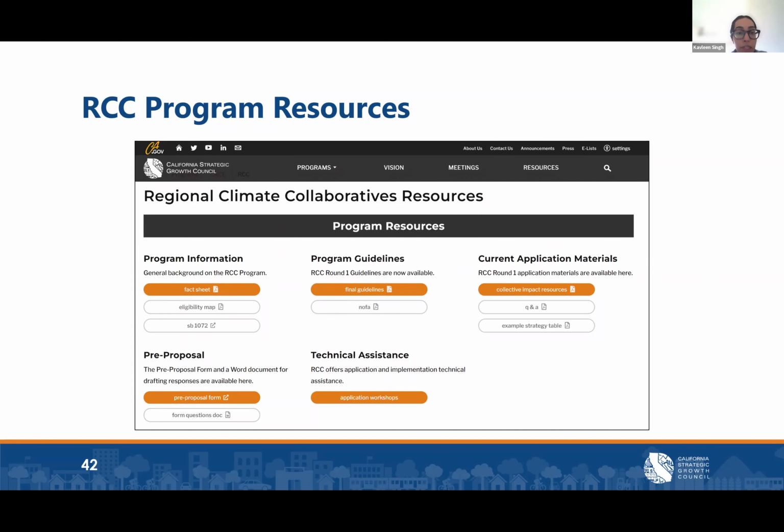And in addition to a Q&A document that is really helpful for seeing if there are any more specific questions that you might find the answer to there. And then there's also a collective impact resources document, which I'll discuss soon, and also an example strategy table to help guide the application that you all will write. Yes, I can drop the link one more time.